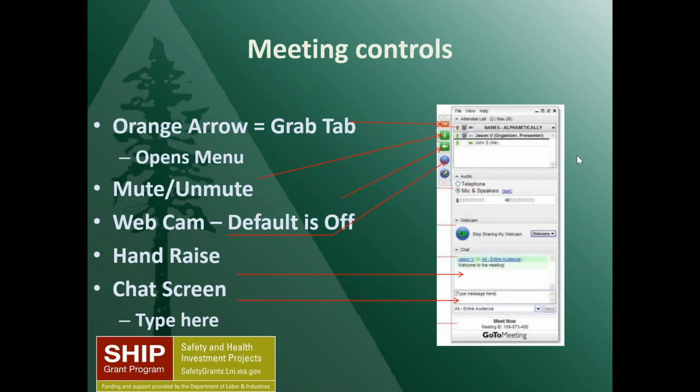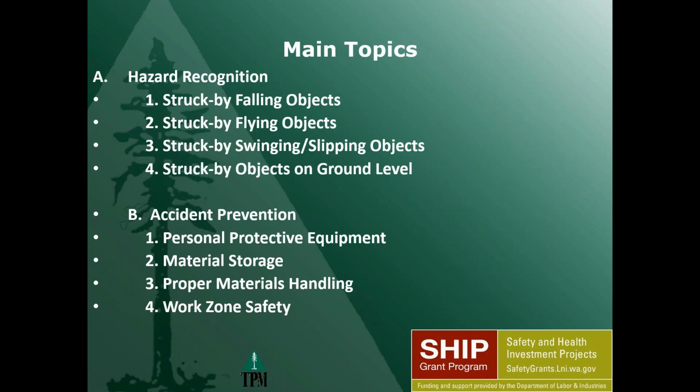But I would like to point out and thank the SHIP grant in Washington for helping put this together. They have funded the research into a number of incidents, and it's definitely something that we have a hazard of or a risk of in our industries. Regardless of what industry we're in, if you have heavy equipment, forklifts, or rolling stock, this is a big concern. We're just going to cover the main topics so we understand where we have hazards, and then how to prevent those, with some different ideas.